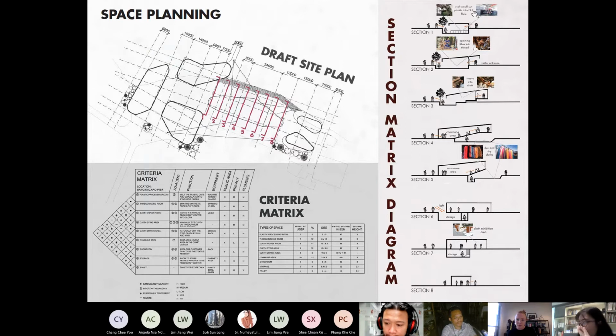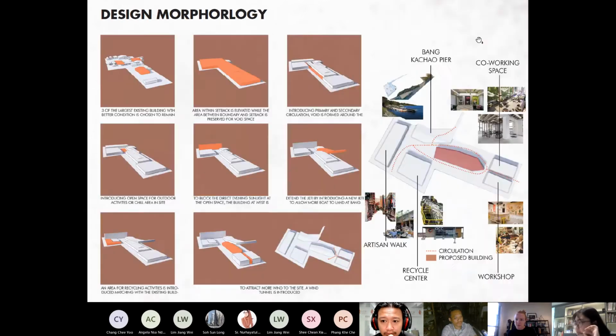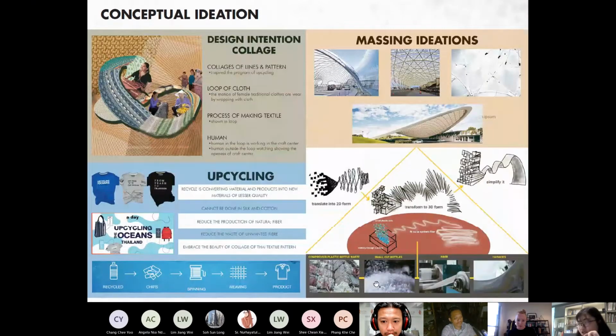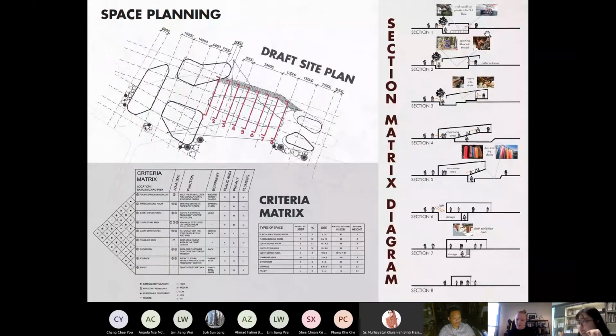Okay, let me go back a bit. That is actually the process of making textile from plastic bottles, where they have compressed plastic bottles, and then they cut the plastic bottles into small pieces, and then they melt the pieces and make it into a fiber, and in the end they just have the same process of making textile. Okay, so coming back again, they melt the plastic and make it into fiber.